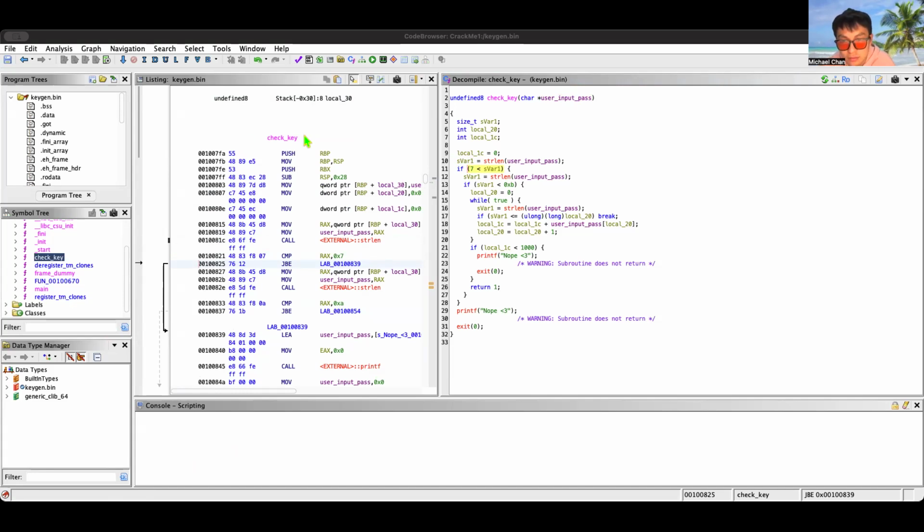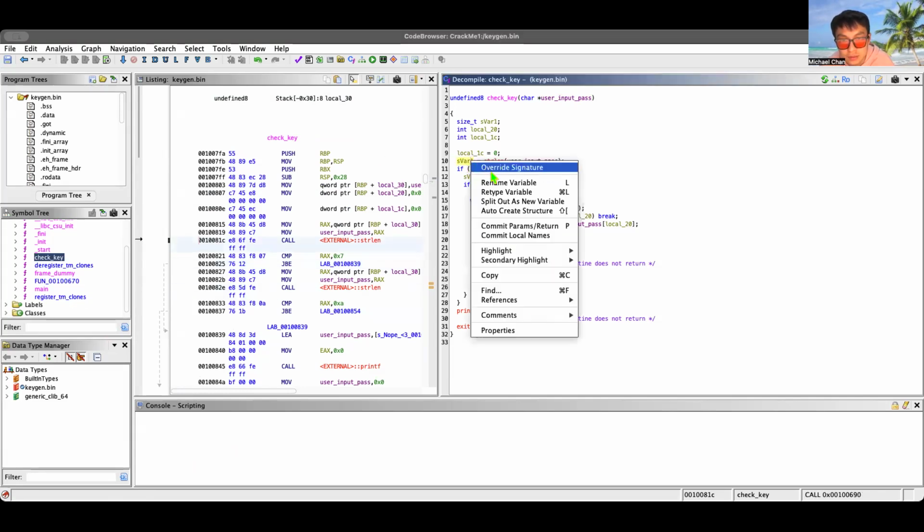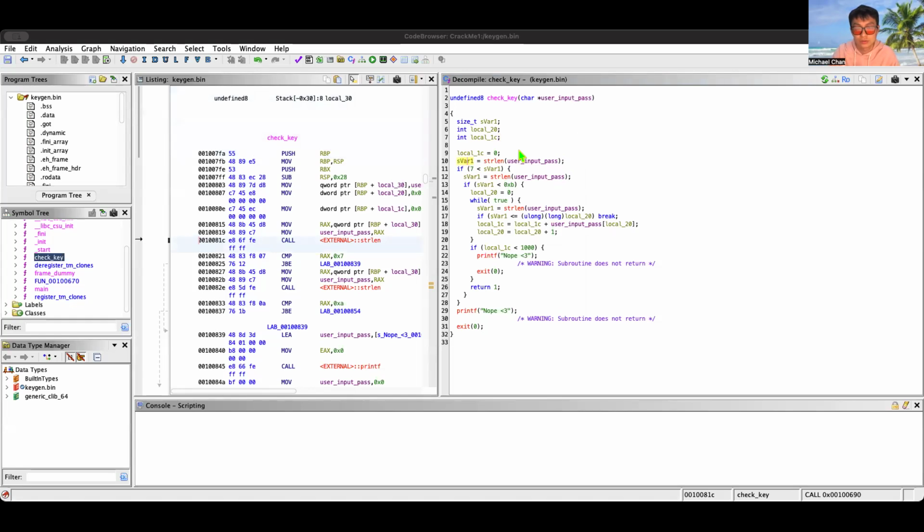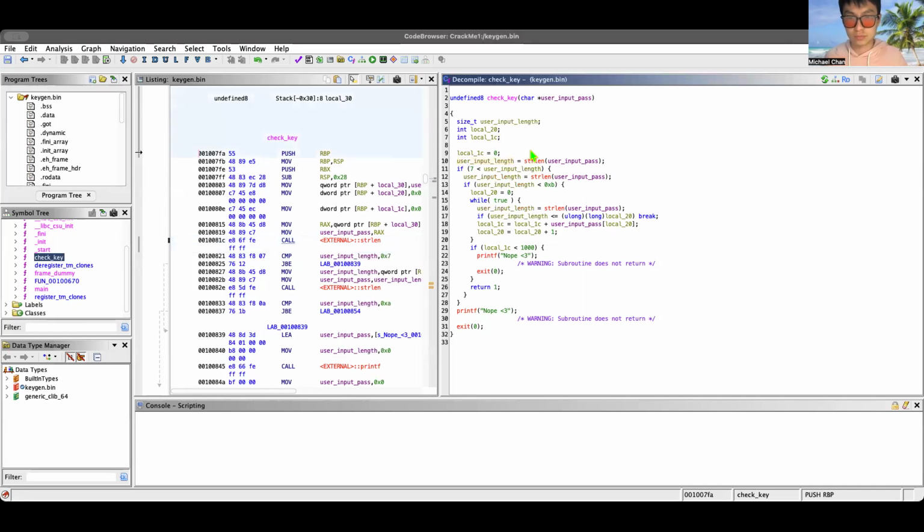Okay, so this can be renamed to input. If user input length is smaller or equals to 7, then you're fucked. But if it's bigger,